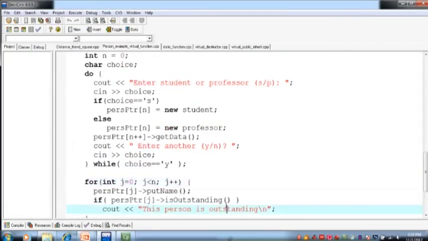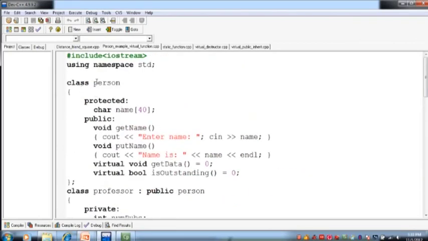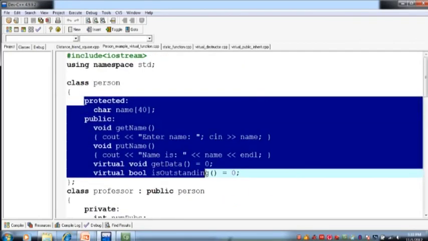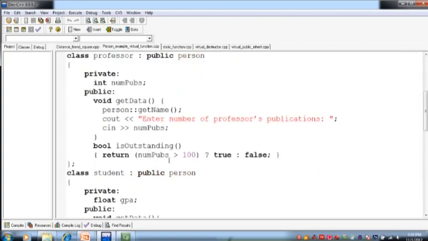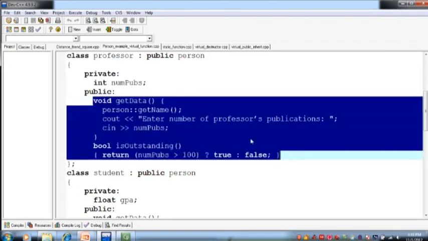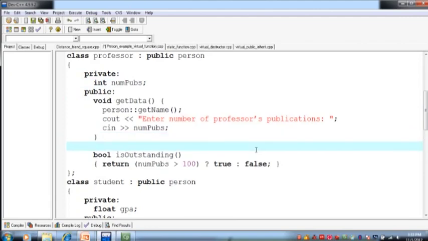So put name का जो function है, that is in the person class. So person class में function है put name का, कहाँ पर है? So that is the function, right? We do not have any function here in the professor class that displays number of publications. Okay, so let's write a function